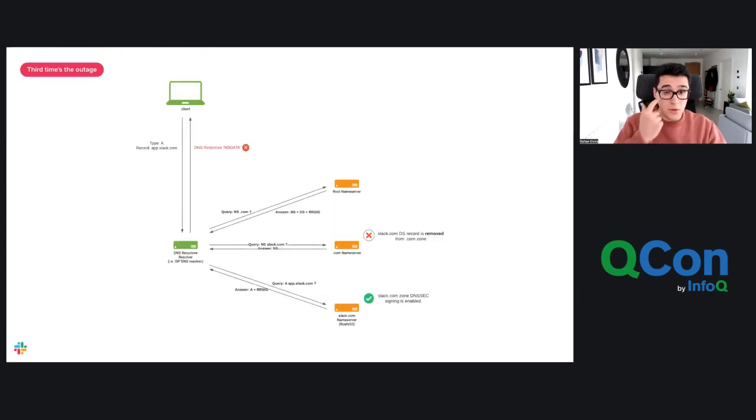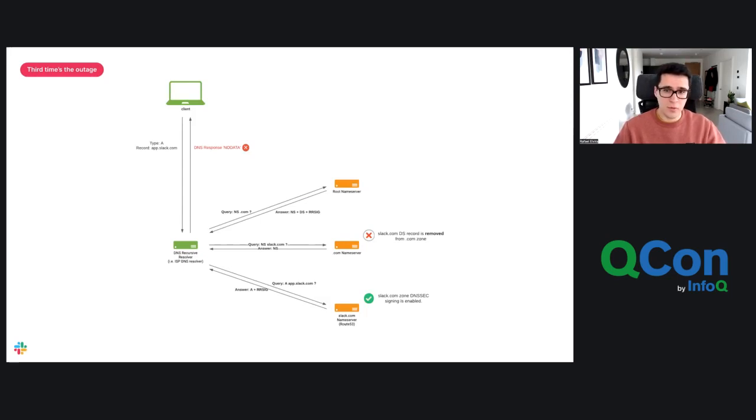Then we attempted to do so by pulling the DS record from the DNS registrar, effectively removing the Slack.com DS record at the .com zone to basically stop the bleeding, so we could later focus on the no data DNS responses reported by customers. But after nearly an hour, there were no signs of improvement and the error rates remained stable. So our traffic team was confident that reverting the DS record at the registrar was sufficient to eventually mitigate